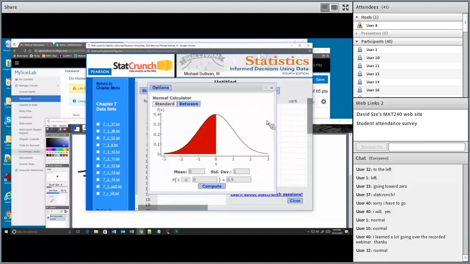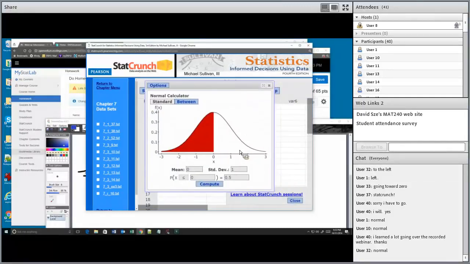All right, and voila, what do you see? You see a normal distribution, don't you? You see a standard normal distribution. It even says standard. The center is at 0. And now you know what it means. All the plus z values are on this side, minus z values are on this side. Here's a mean. You can enter the mean of the distribution and the standard deviation of the distribution. We're talking about standard normal in this problem. So its mean is 0, standard deviation is 1. Great. Everything is good.